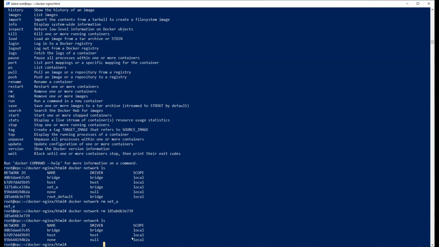All right, so what we're going to do now, we're going to create a network. I'll just recreate the same network, and we will attach some containers to that network. docker network create -d, which is the driver. So here now you have options. If you type --help, I hope it will show you what options you have.